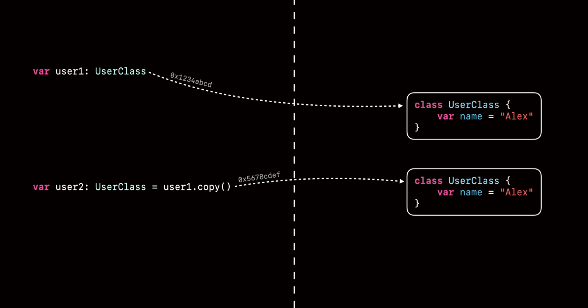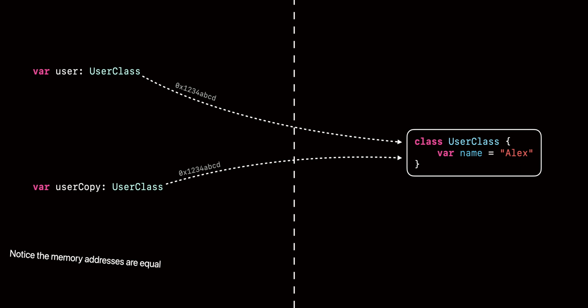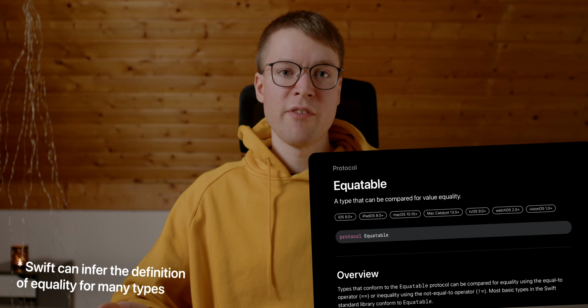Here you see that every property looks the same, and if you run checks like this, they all will show that the data is the same. But does it make the objects identical? No, it does not. These objects may be equal, but they're not identical. The notion of identity only works with reference types. When two objects are identical, in reality there's no two objects, there's just one, only it has multiple references pointing to it. But when it comes to equality, you can set the rules yourself. All you need to do is conform your object to the Equatable protocol. In its method, you can check the object's properties or just return a static value. So in this case, it all comes down to how you define equality.